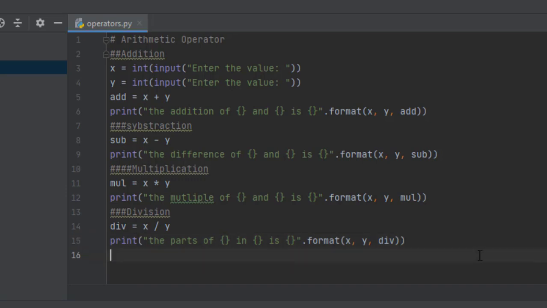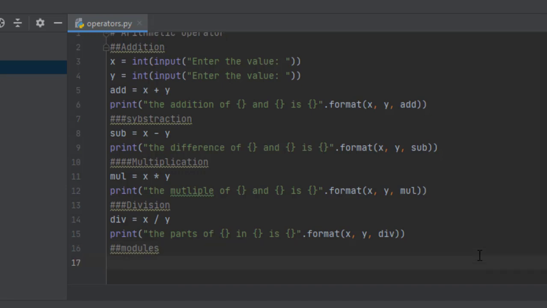So we'll come to the next part. I like this one very much. It's the modulus. So what is modulus? Modulus is nothing but the remainder. Keep in mind that it is nothing but the remainder.